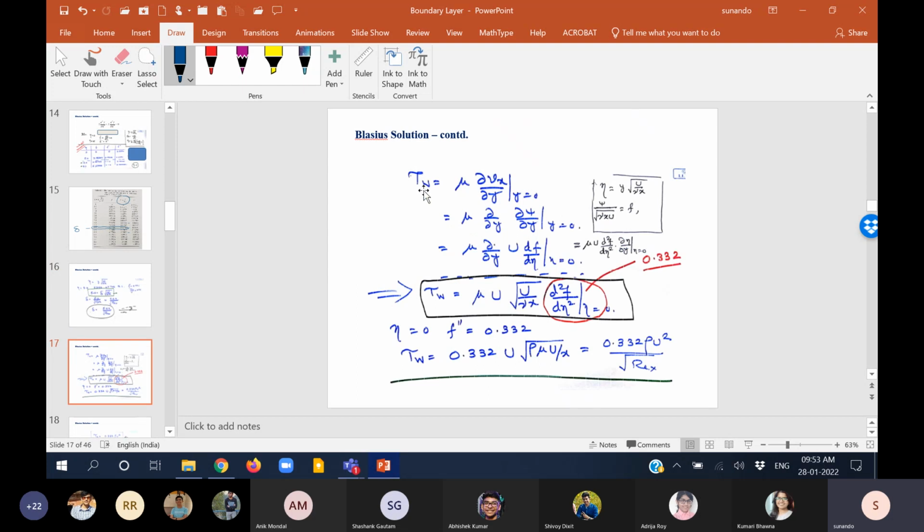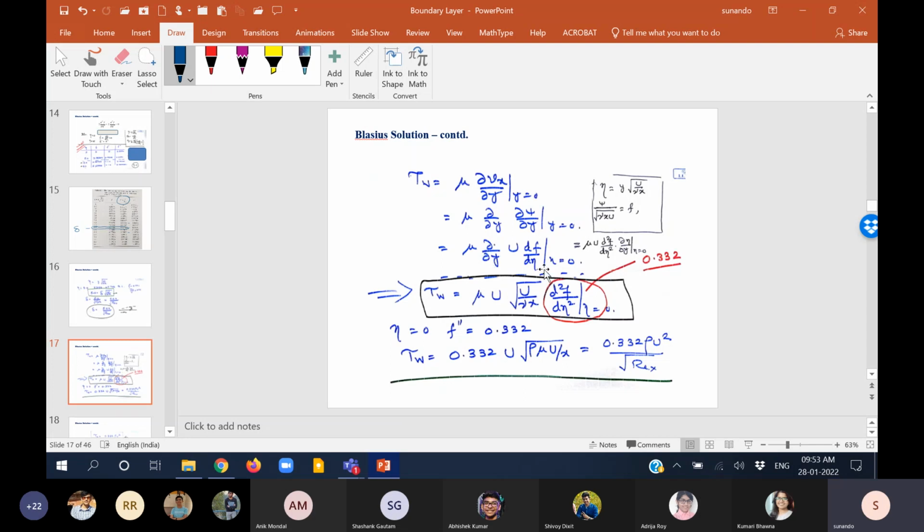I have used the subscript W here to denote the wall shear stress. So it is at y equal to 0. And after I make all these changes, you'd see that it's the f prime at eta equal to 0, which we need in order to express